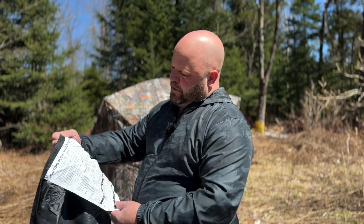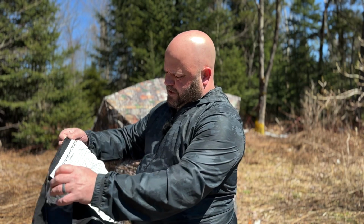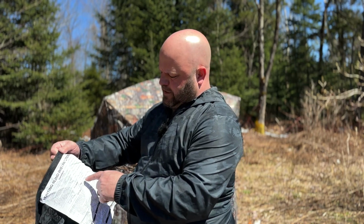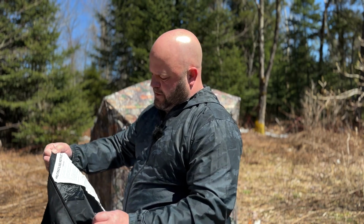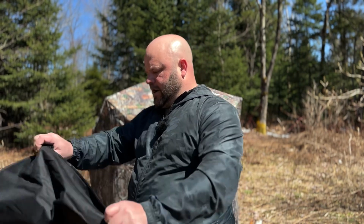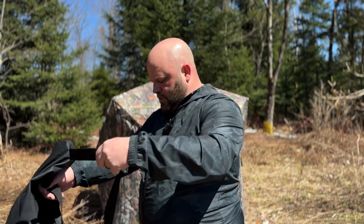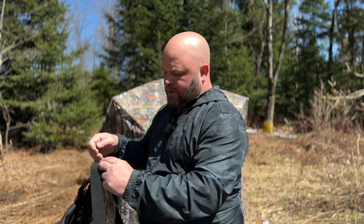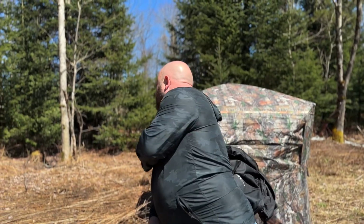Pretty nice that the instructions are in here. They are not paper, they are sewn in, and this is a permanent little thing. It actually tells you what's in here: the hunting blind, instruction sheet, tie downs, 8 ground stakes, ground stake bag, and your ground blind carry bag. The bag has backpack straps, so you can carry this over your shoulders when this is in the bag, obviously, which is handy